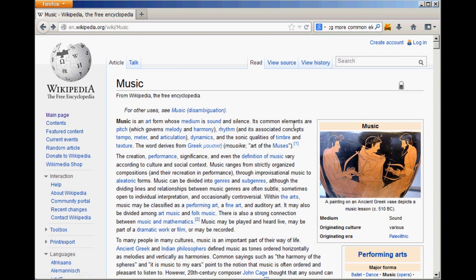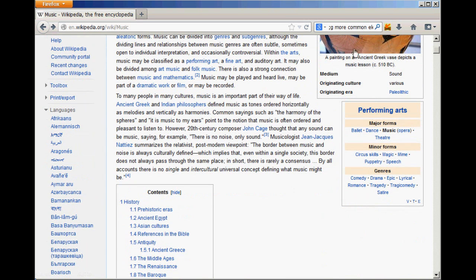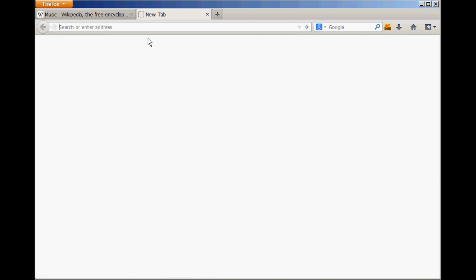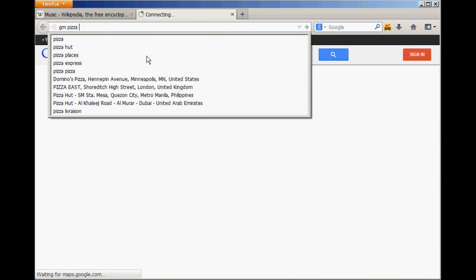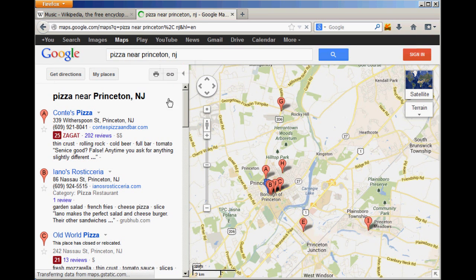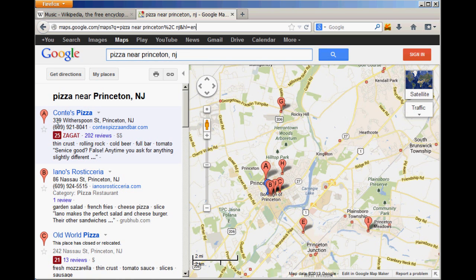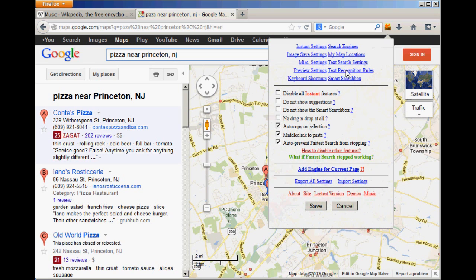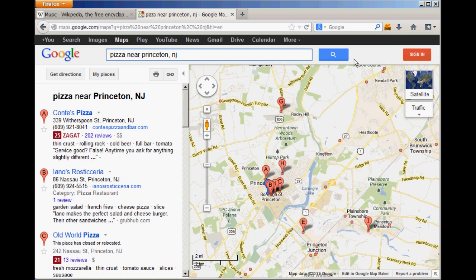Another thing I want to show is how convenient it is to get directions from your home to an address on the web page. Let's say I want to find pizza near Princeton, NJ. So you can find many different pizza places, and let's say you want to find how to drive to this place. One thing you should do in advance is go to My Map Locations and type in